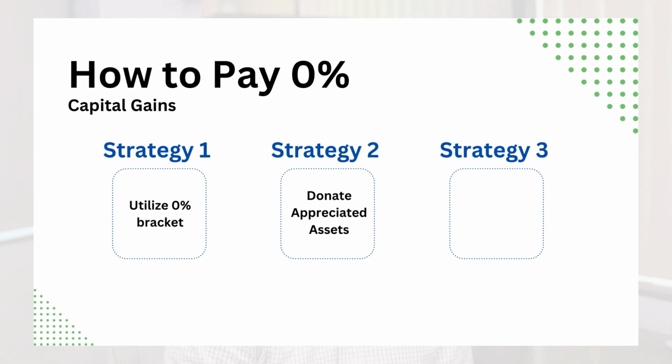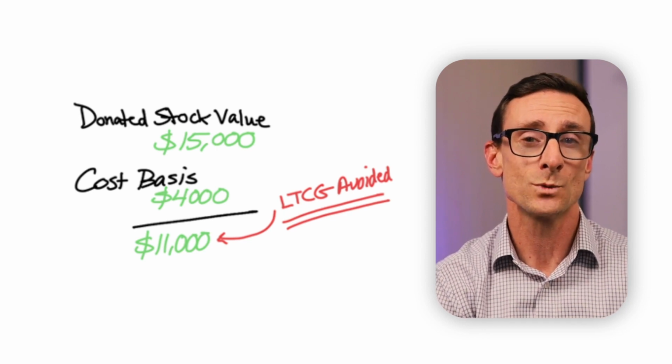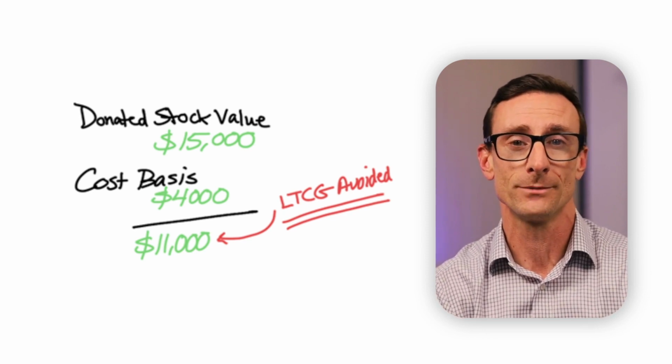If you remember earlier, I told you that they reduced their income by accelerating a charitable donation. The way they made this donation saved them an additional 24% in capital gains taxes, 15% federal and 9% here in California. That's because they donated appreciated stock instead of writing a check. The charity, which is the church in this case, was able to sell the shares tax-free. Had Mike and Jessica sold the shares and then written a check, nearly a quarter of that money would have gone to capital gains taxes.